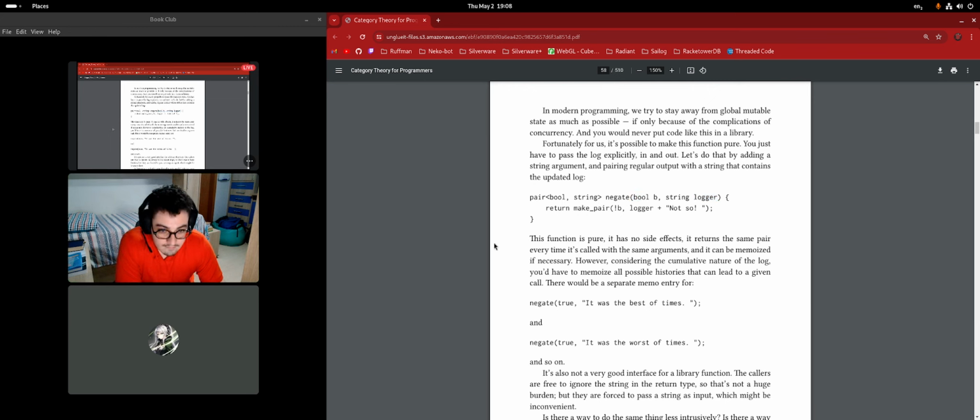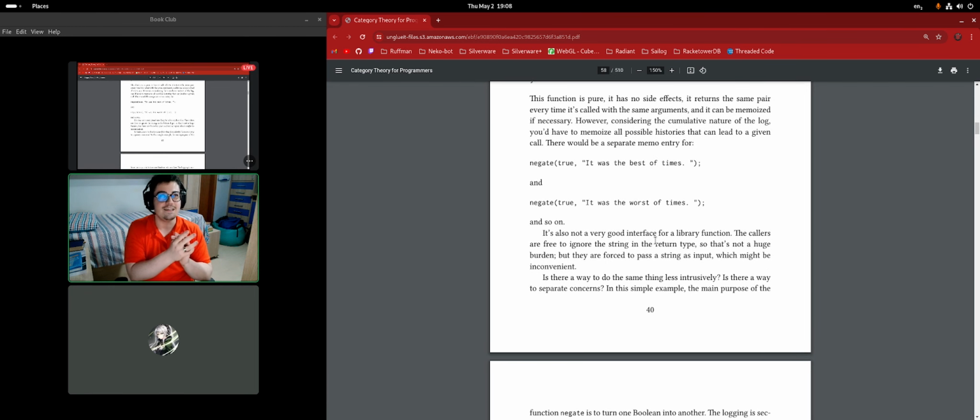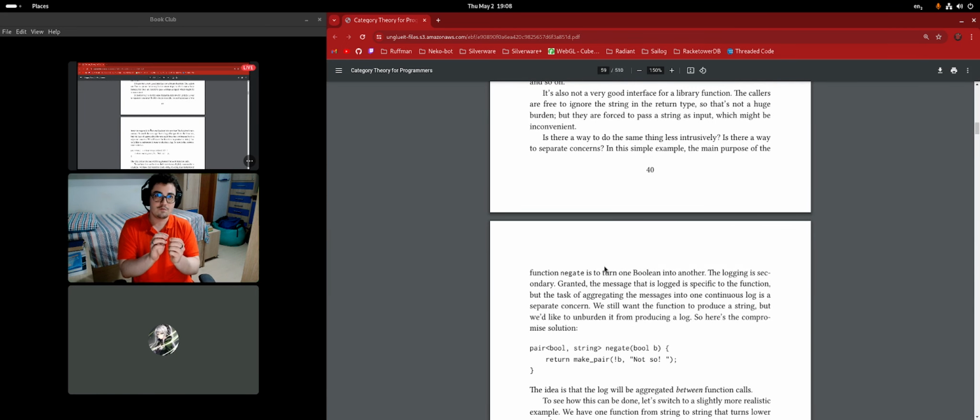Thank you. So this is kind of the correct way, but we're going to get rid of this thing because it is a little inconvenient, since we're going to have to do this every time. It is a separation of concerns. We want to separate the concerns. One thing is to do the functionality, and the other thing is to log it. Those things should not be glued together, in the sense that when you want to do one, you are doing the other one as well.